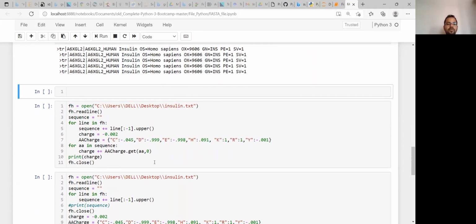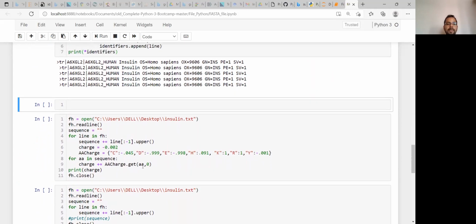I don't know whether you remember that we used one such problem: some amino acids are charged in a protein, and you know the charge of each particular amino acid, like C with this value, D with this negative value, E with this value, and H and K with positive values.